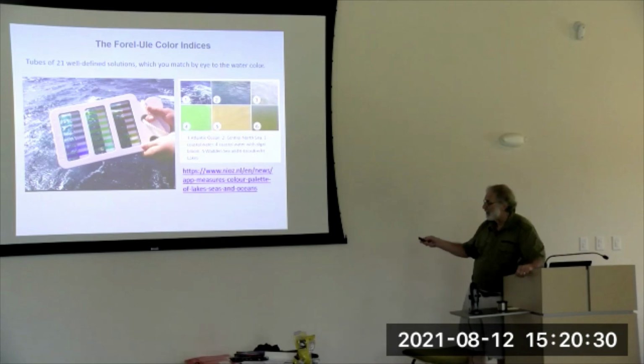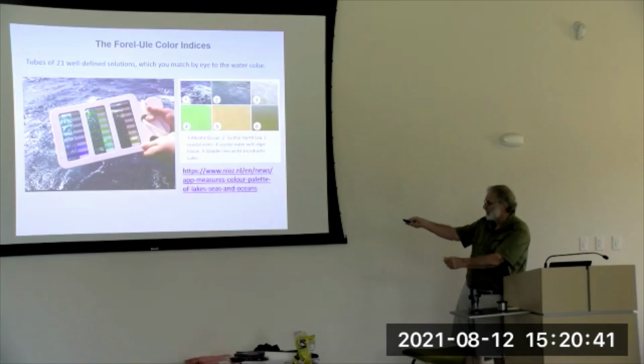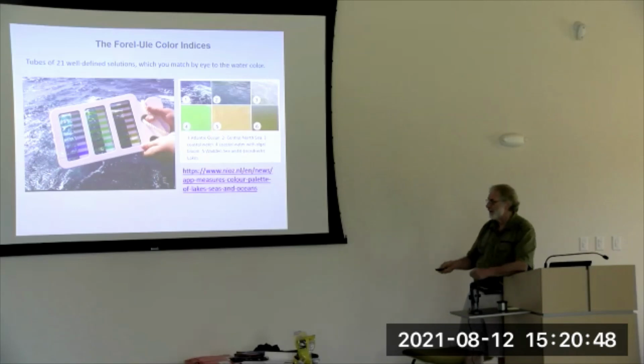And so you can buy these little scales now, and you just hold it up, you look at the ocean, you look past the little test tubes, and you just find which little test tube does the closest match to the color of the water. And that's then the Forel-Ulla index. There's 21